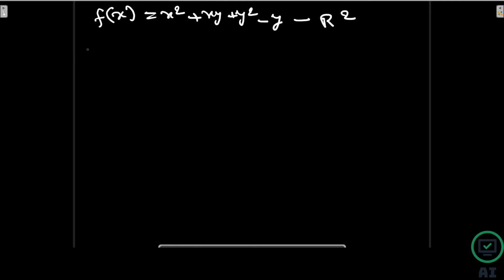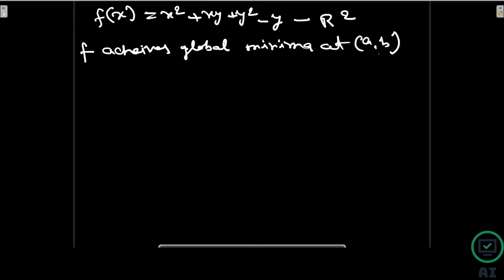Then we say that function f achieves global minima at point AB if the function value of AB is less than or equal to the function value of x and y for all